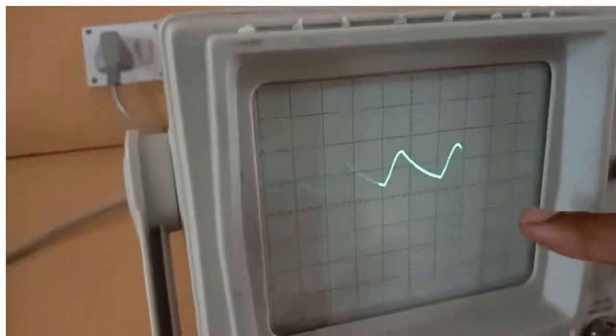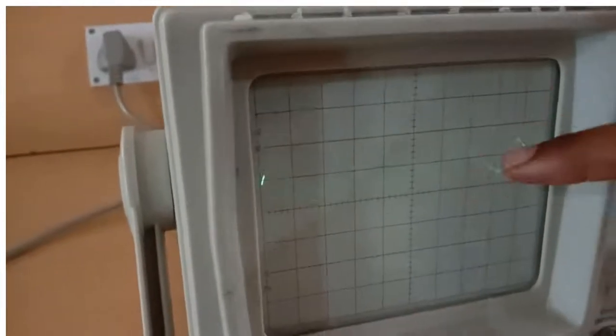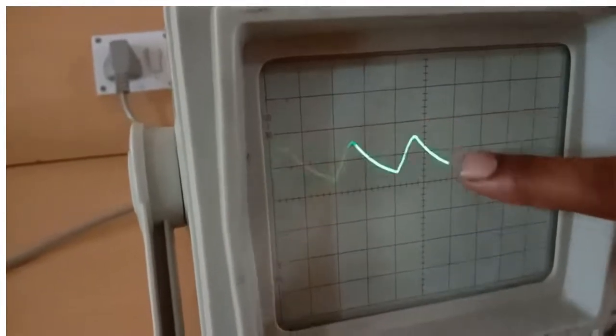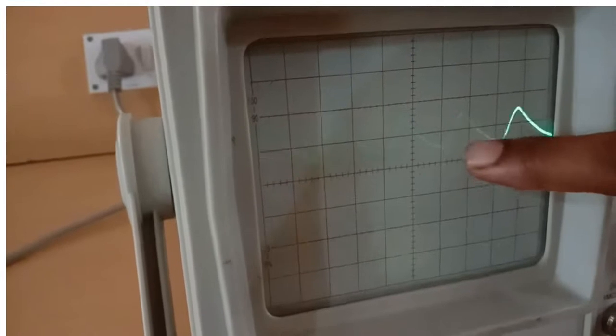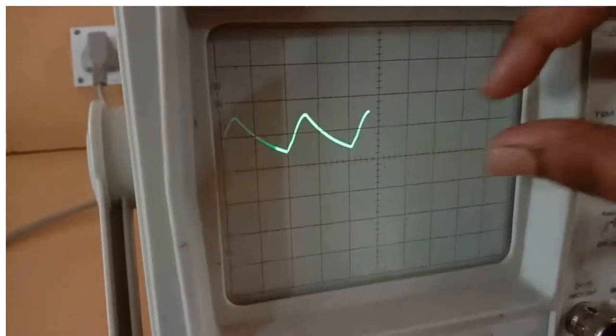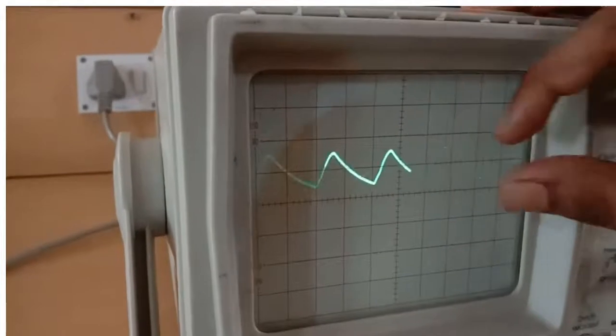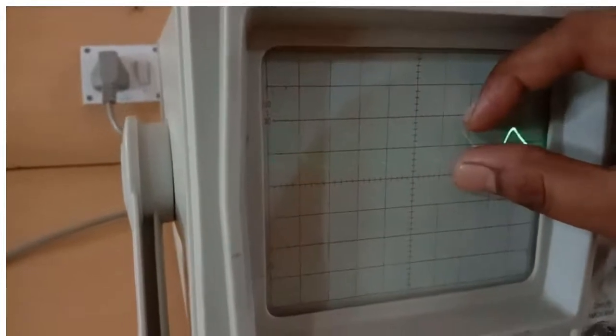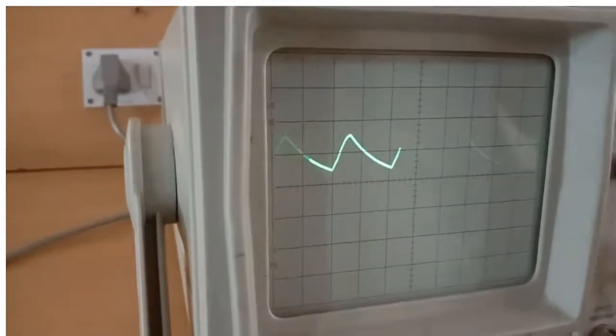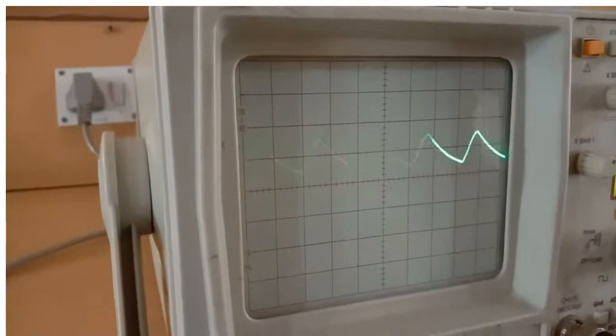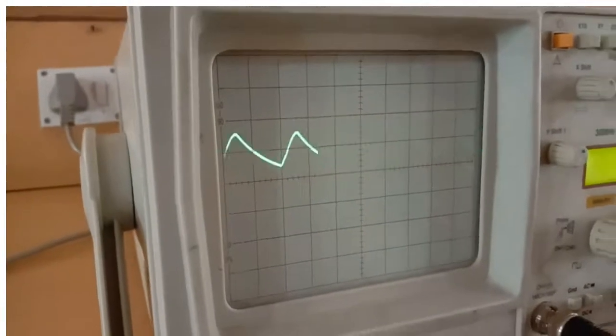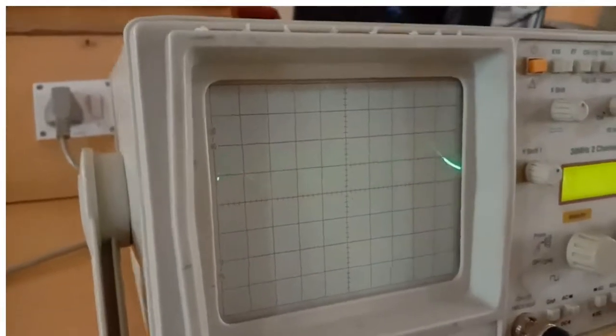So you can see the output in the CRO. See, your ripple is getting reduced. Initially the full ripple was going to 0, but now we added the capacitor, so my ripple has reduced. My output is rising and falling, it is fluctuating. The ripple content is getting reduced because of the filter circuit. So this is the purpose of the filter. The same way we have to conduct the experiment.